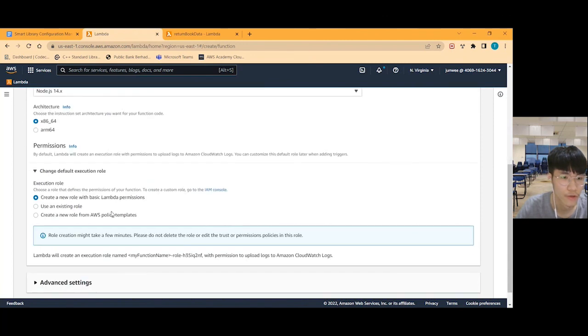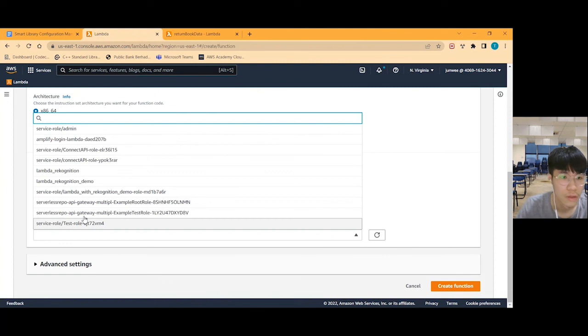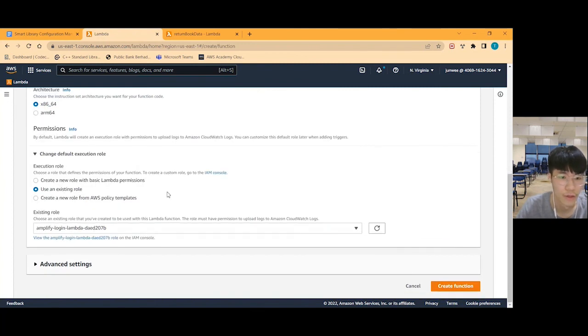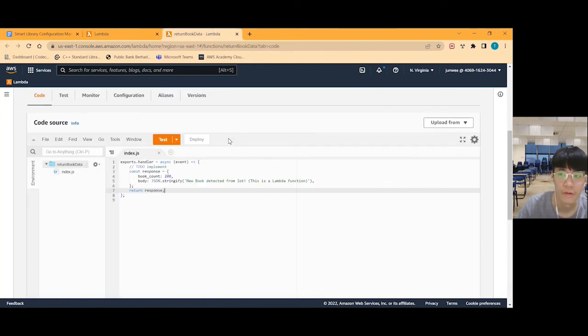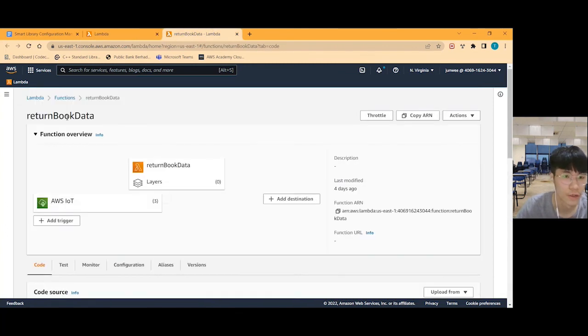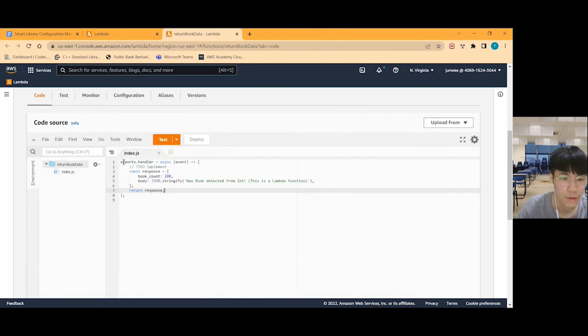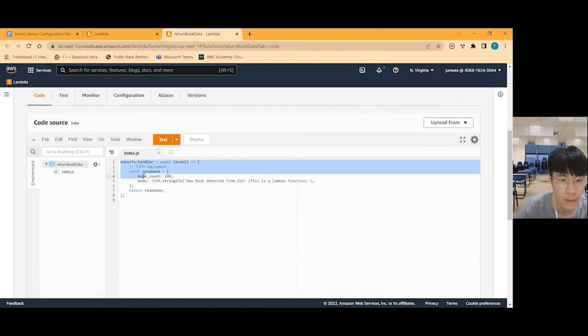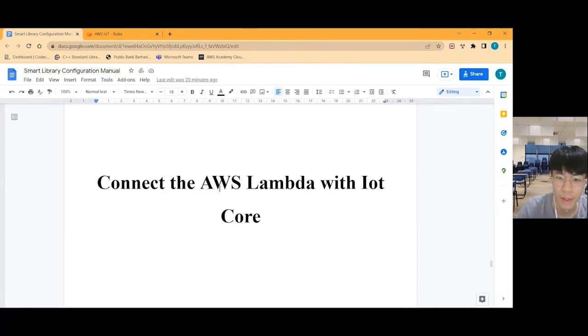Then we change the default execution role, use an existing role, and click the amplify login lambda that we created, then create function. In the function that we have created, the code here, we just type in this code to connect the AWS Lambda with IoT Core.